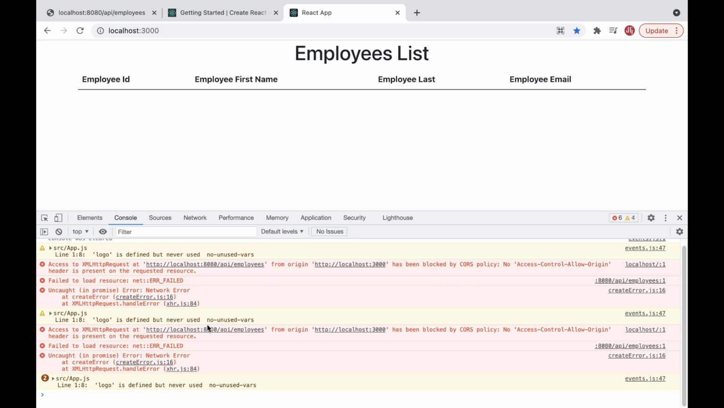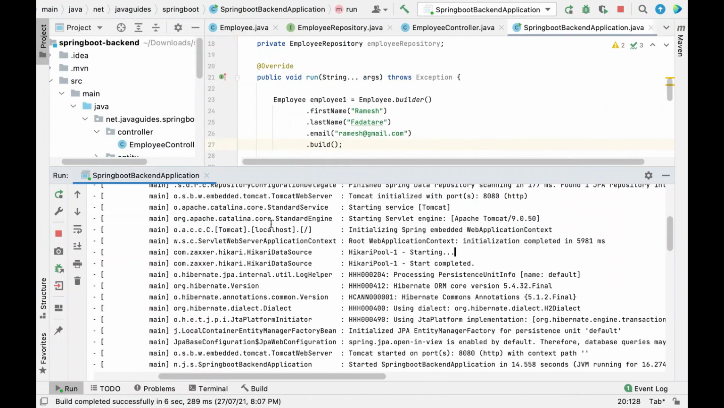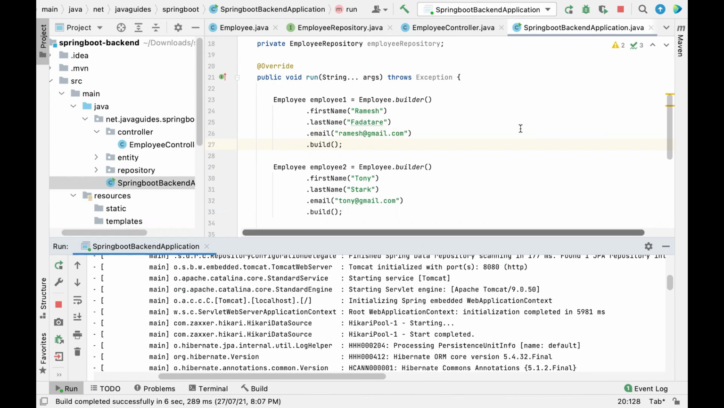In order to resolve this issue, we can add one annotation, that is the CrossOrigin annotation, in the Spring Boot application, so that whatever client is going to access the REST API should be allowed to access it. In order to do that, I will go to IntelliJ IDEA, and I will stop the server,